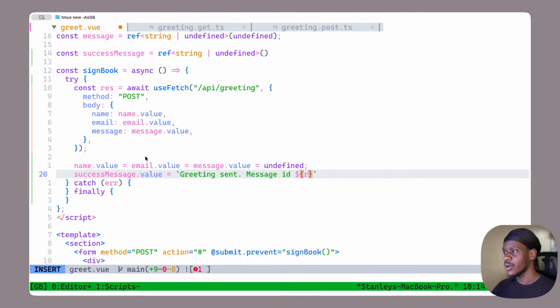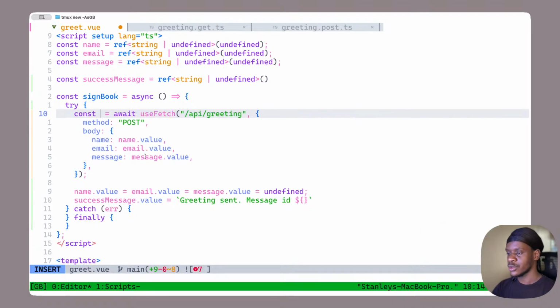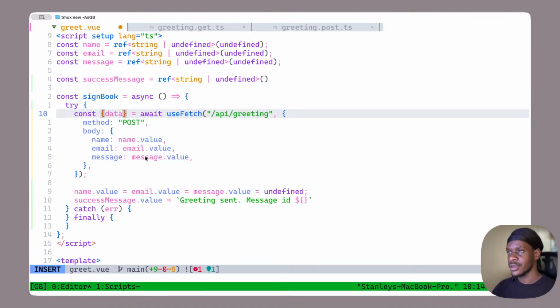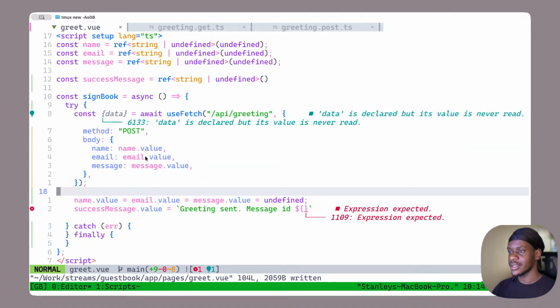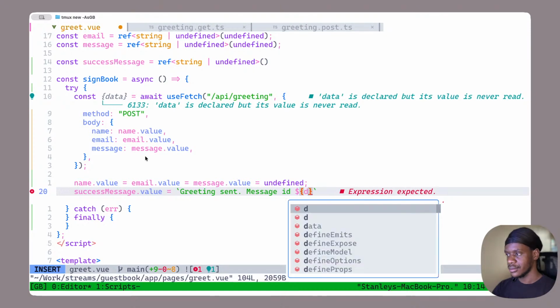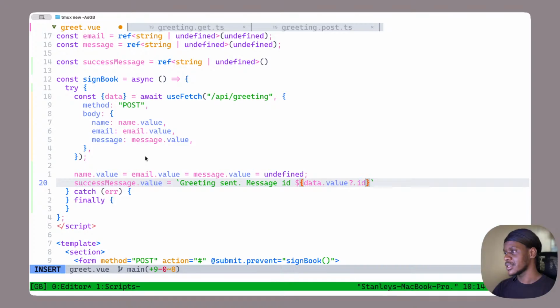Oh, so useFetch. Oh yeah, I know now what you're doing wrong. Instead of just taking the entire res over here on line 10, we can destructure this, because useFetch is basically also like async data. So we can have data here that was returned, and let us just name it data for now. It will make sense. Then the data will contain whatever was returned by the server. Value. Then we can have our values. So the id.message. So let us just return the ID